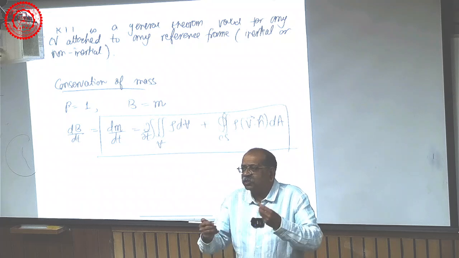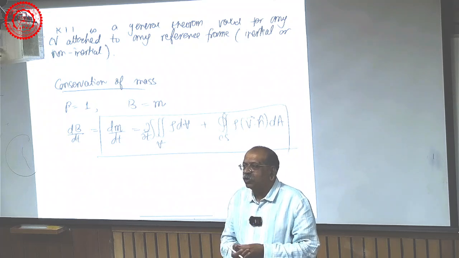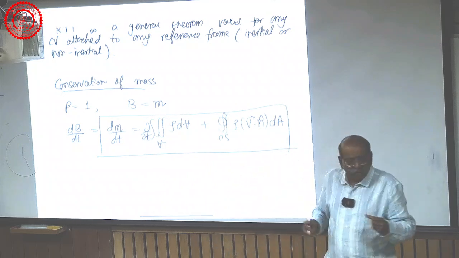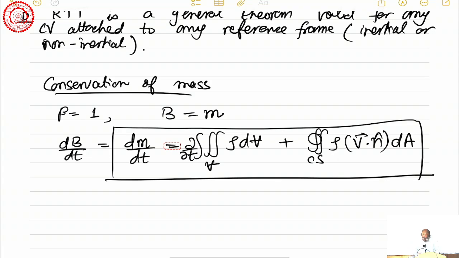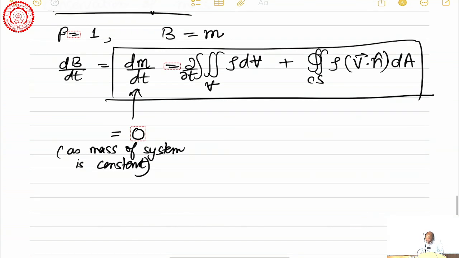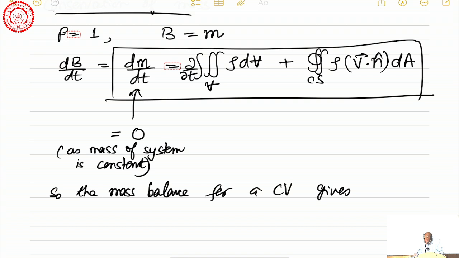But assuming we are not in the relativistic domain, the left hand side dm by dt is equal to 0. In fact, this is such a basic law that we do not even call it a law of physics. Mass is constant is something which we always assume. So, this left hand side dm by dt, so the mass balance for a control volume gives